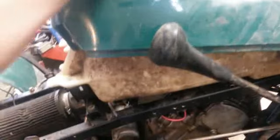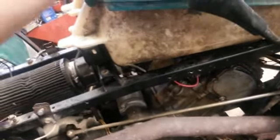The gas tank set in there pretty good. It's not a perfect fit. I mean, but it's right there pretty close. So it's doing pretty good. I'm not sure what I showed on the other one. I don't know if I showed. I put a new,